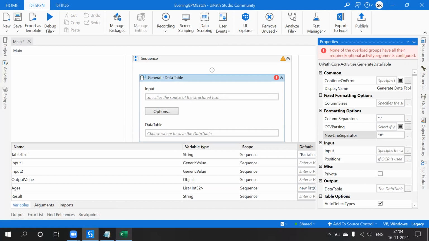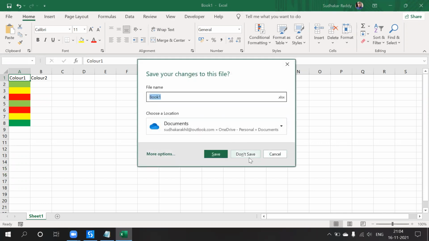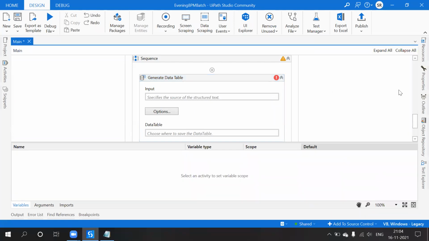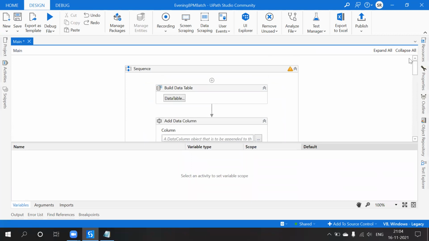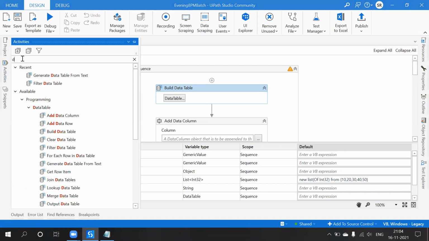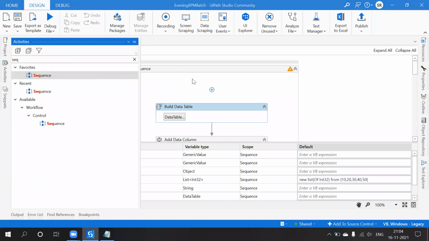The data is available in the form of... I use one more sequence inside this.